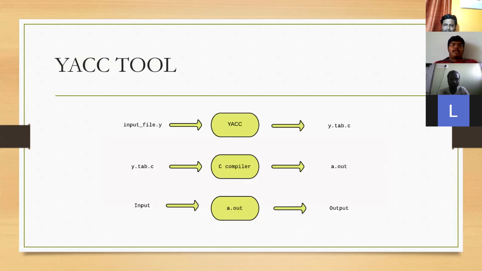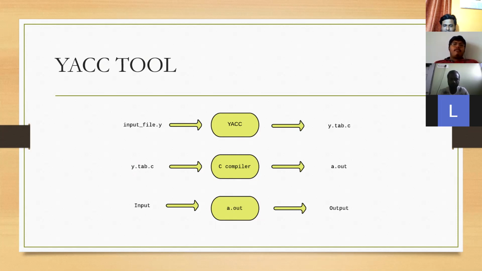Good evening, sir. I'm Sahil, here to explain about the YACC tool. YACC stands for Yet Another Compiler Compiler. YACC provides a tool to produce a parser for a given grammar. YACC is a program designed to compile a look-ahead left-to-right LALR grammar. It is used to produce the source code of the syntactic analyzer of the language produced by LALR grammar. The input of YACC is a set of grammar rules and the output is a C program.